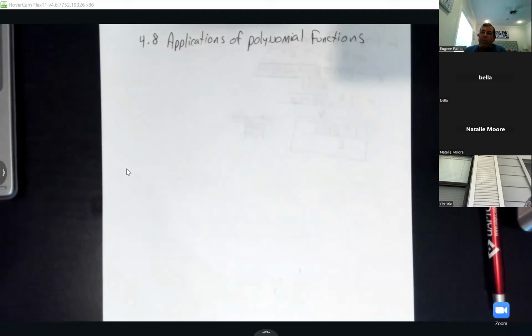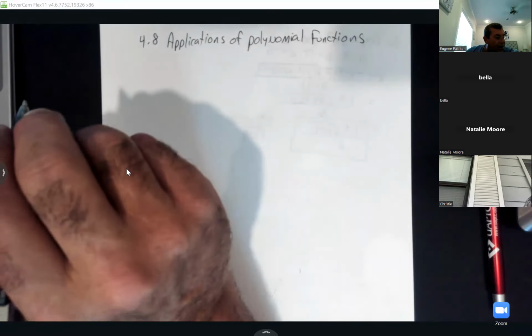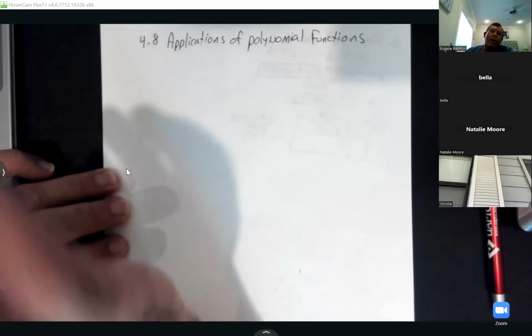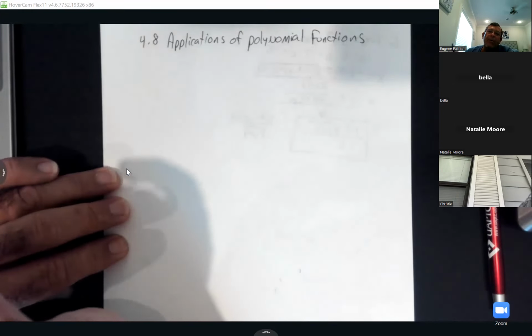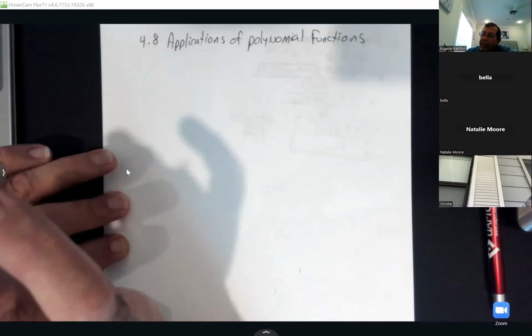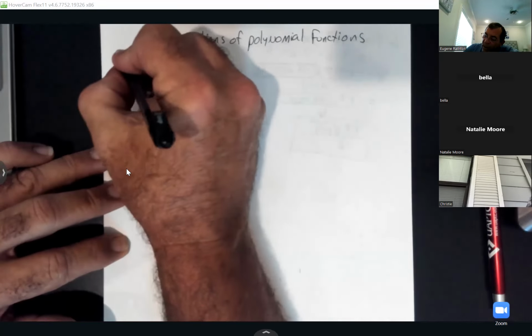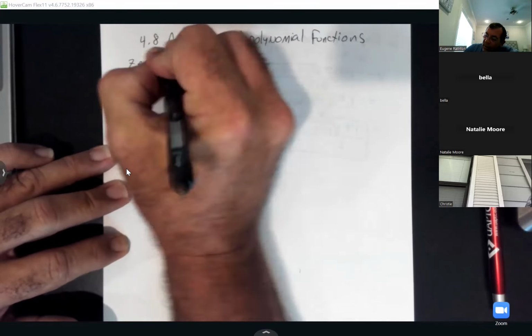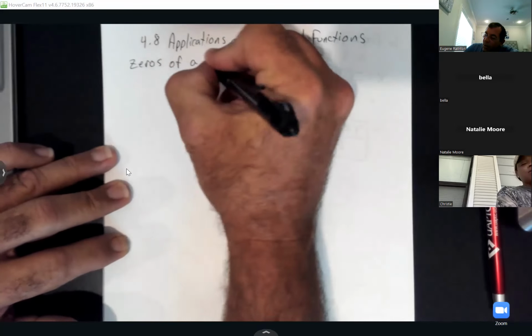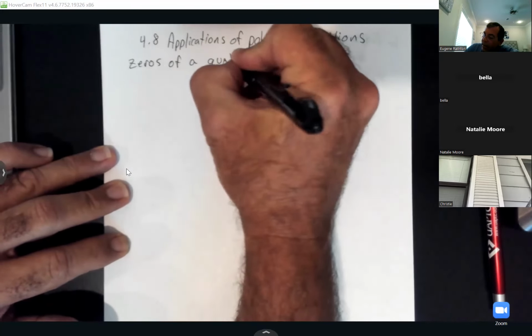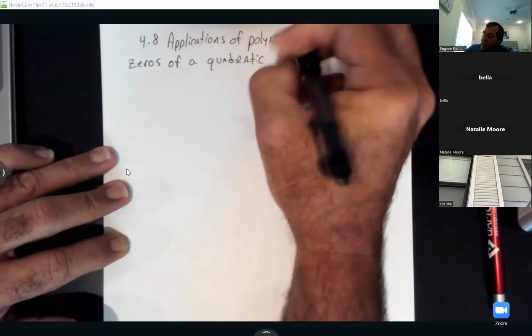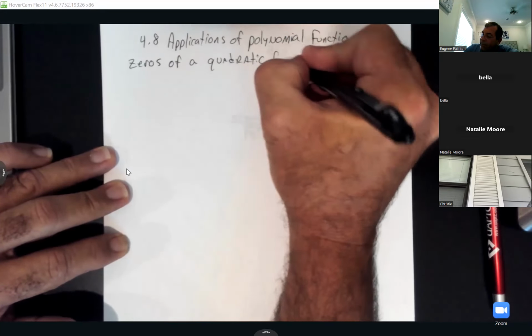And we're still playing with the quadratic functions only in this section, okay? So the first thing you got to know are a few things about when I graph these parabolas. So the zeros of a quadratic function